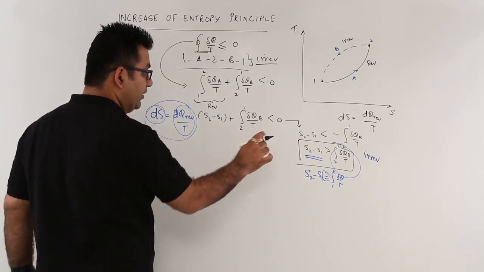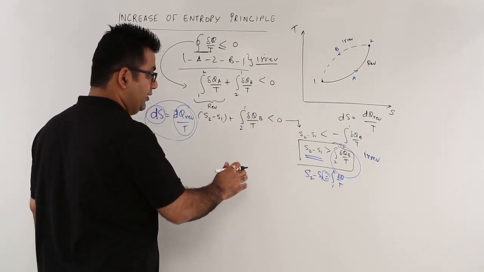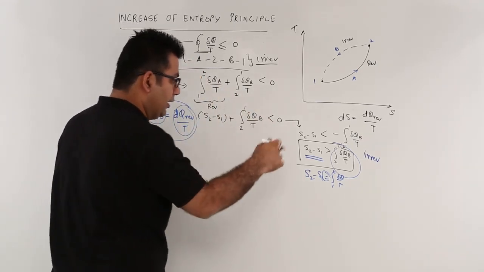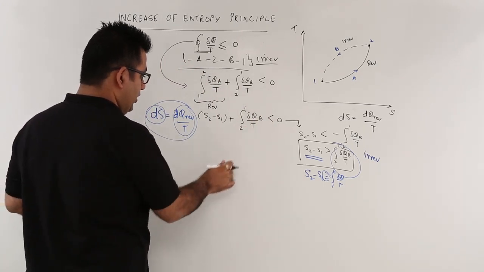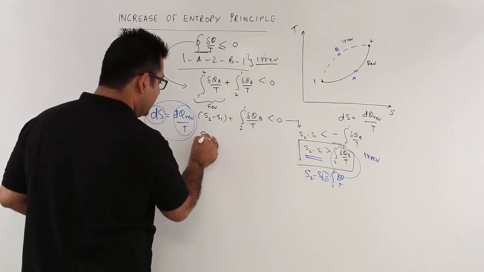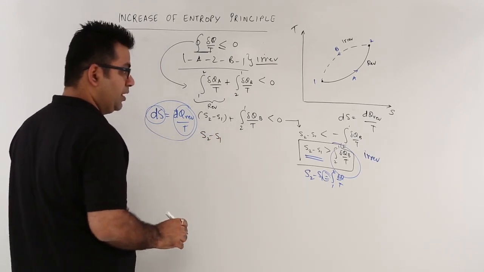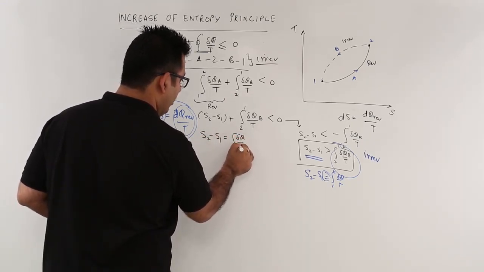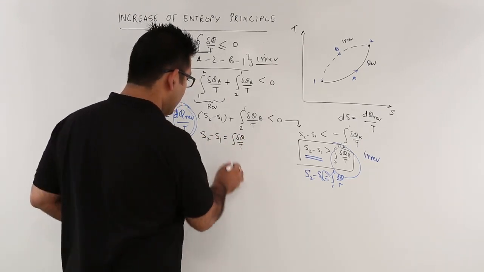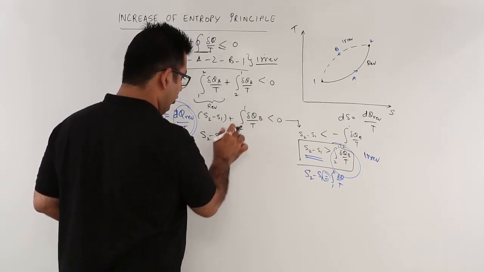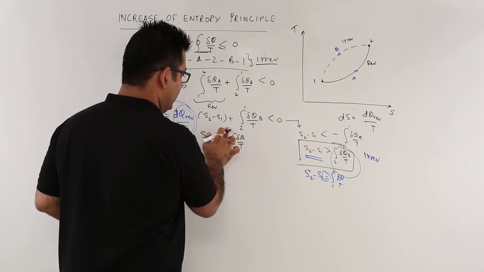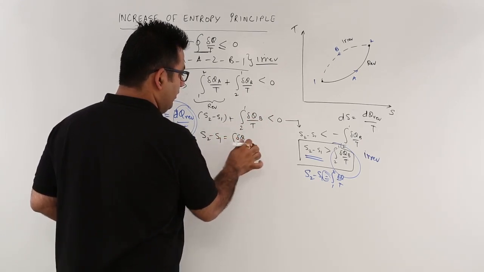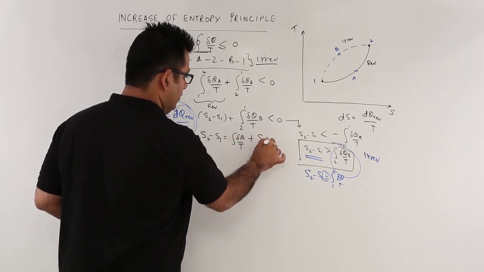Let's generalize it, and then we'll come to the case by case part. So you'll have S2 minus S1, let's put an equal to sign, integral delta q upon T going from 1 to 2 or 2 to 1, whatever it is. Let's just keep it like this, plus